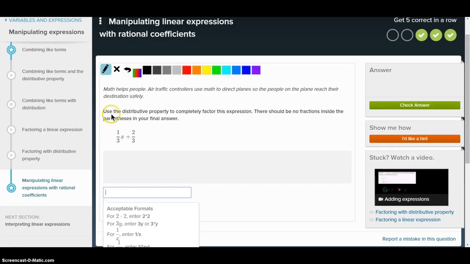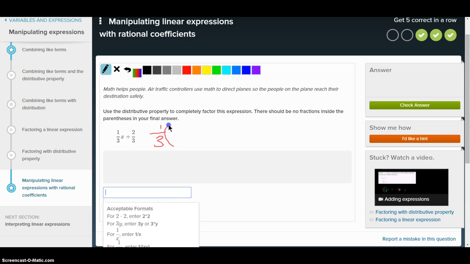Alright. And let's see. Use the distributive property to completely factor this expression. No fractions on the inside. So we did one similar to this. This one's actually going to be easier because the denominator is the same on each side. So if we're going to get rid of the fractions on the inside, then we'll need to get rid of the denominator. So we'll have 1/3